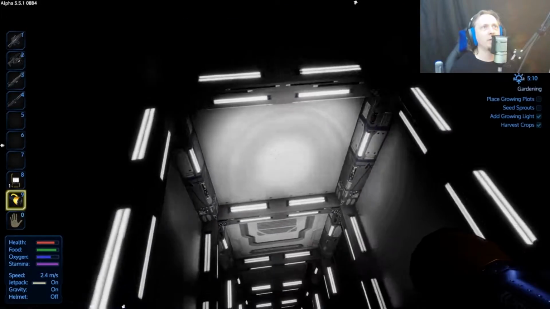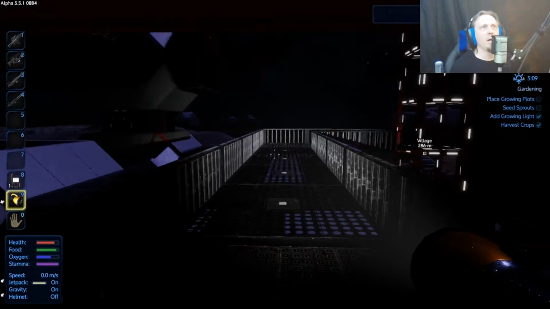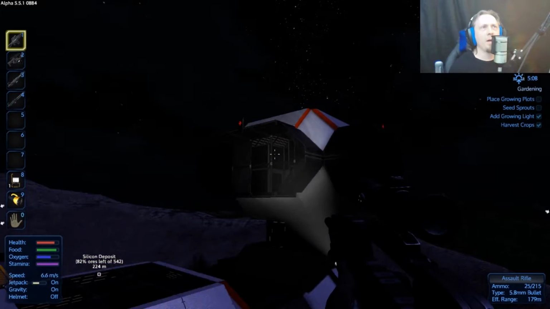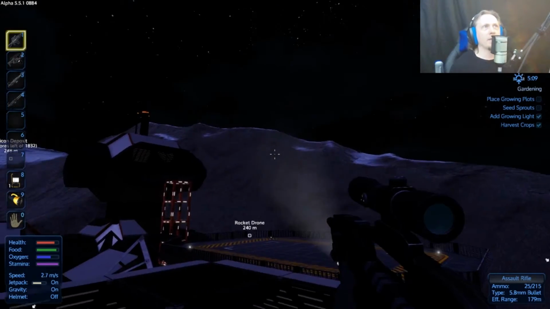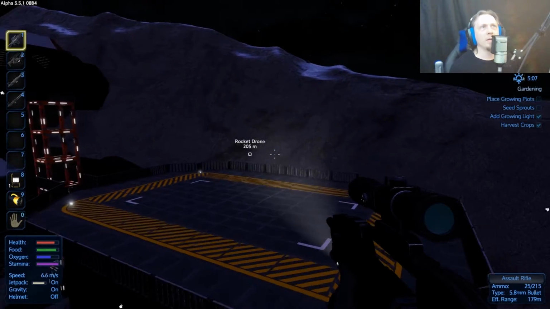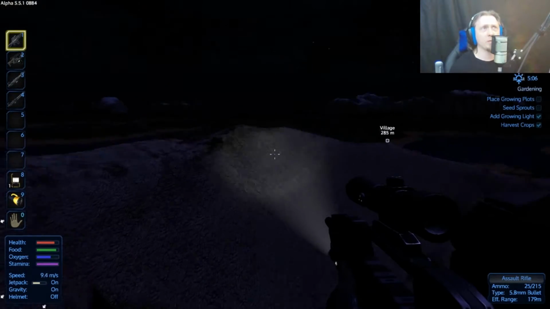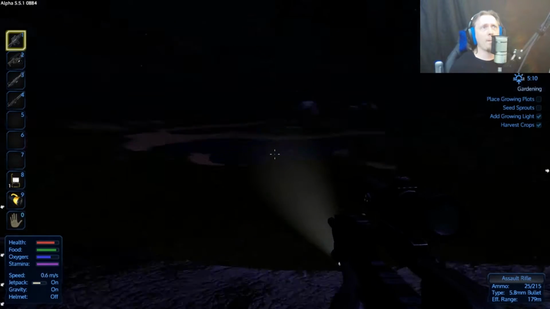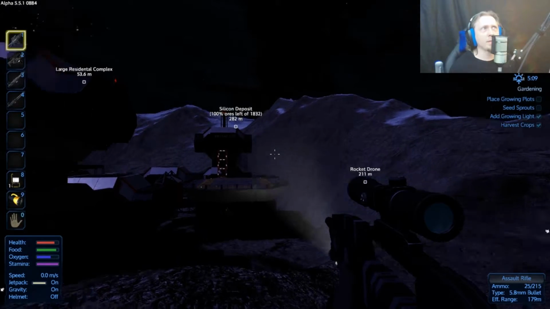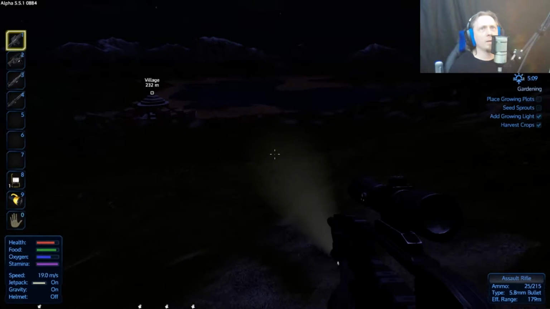Oh, drones are on their way to destroy my base. I know that my base is going to be safe. It's going to be protected. But that doesn't mean I don't want to be there and get the stuff from the drones when they get destroyed. And it looks like, okay, that's not one of the drones going for my base, so obviously